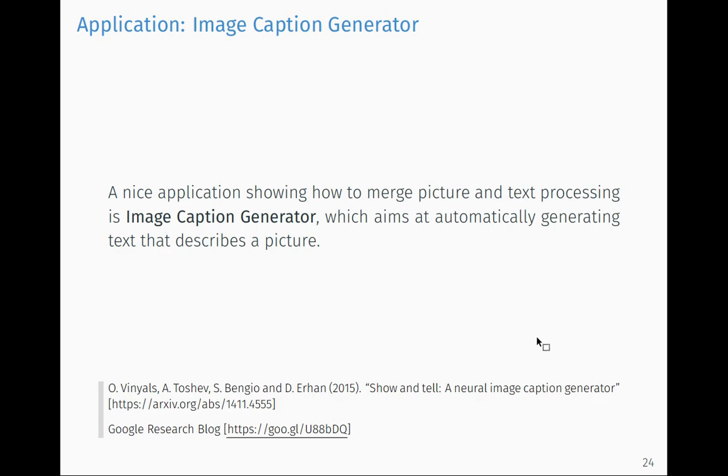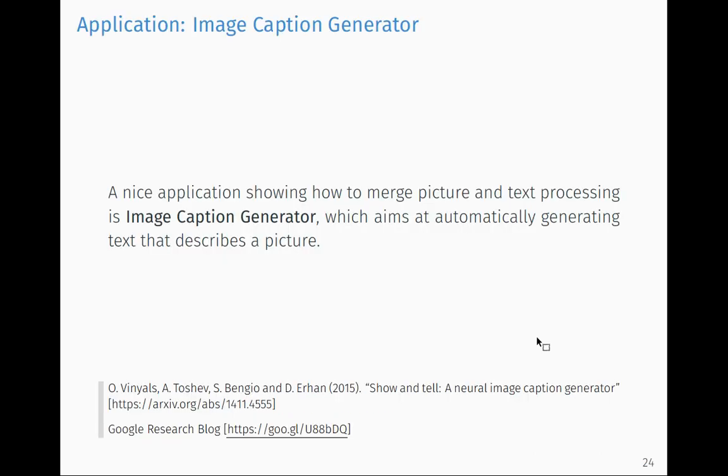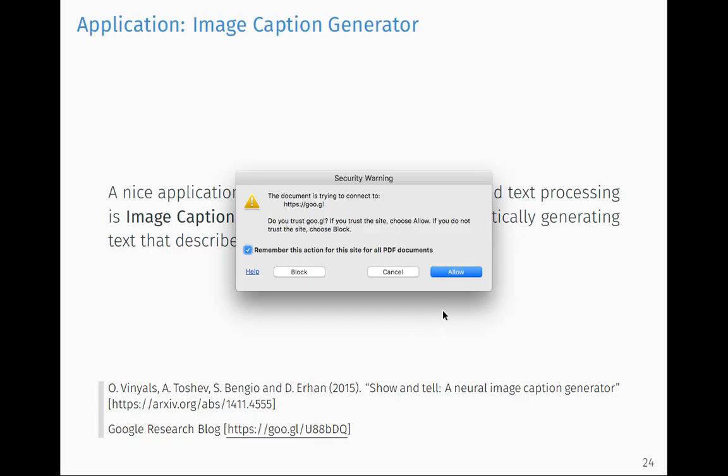I just wanted to finish with this problem, okay? And it's quite a nice application, and this is from 2015 by a team at Google, and it's called Image Caption Generator, okay? So we worked on text, we know how to generate text, and we worked on images. And the idea is to have both and to be able to say, given a picture, can you generate a text? And if you look at the link here,